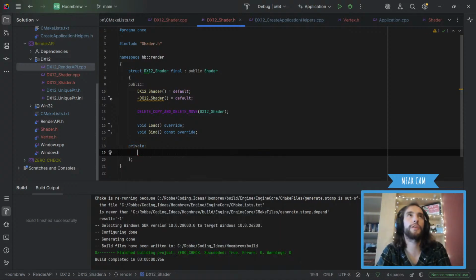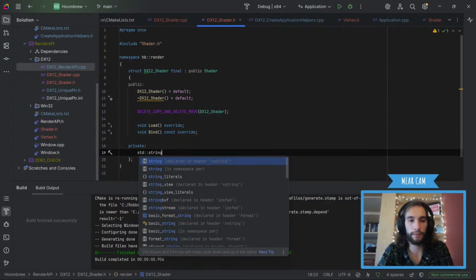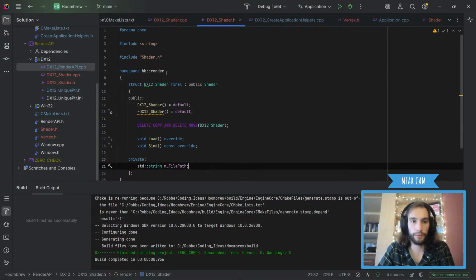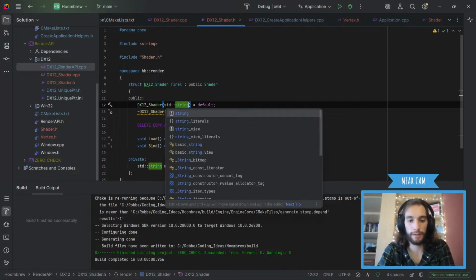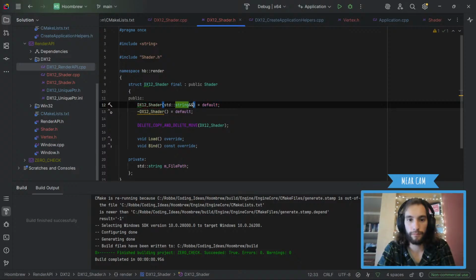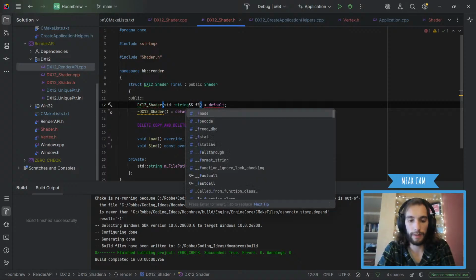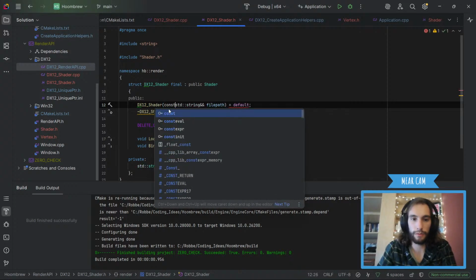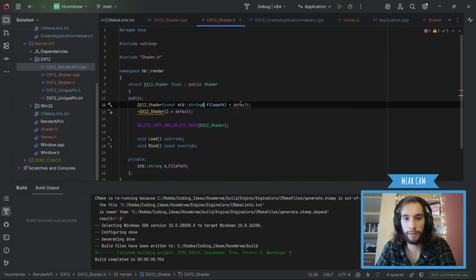What do I do? Const chars. Oh god, this is a good one. What do I do? Okay, let's just string it for now. M file, buff. I'll do that, that's in there, and then this will do an std string by pointer and do file path. Or we can just do, no, let's just do const. I don't want to mess around with moving it here.